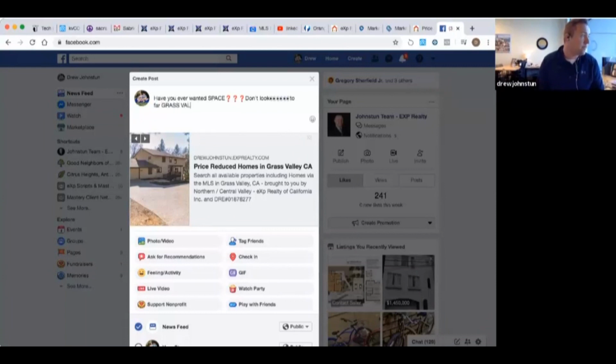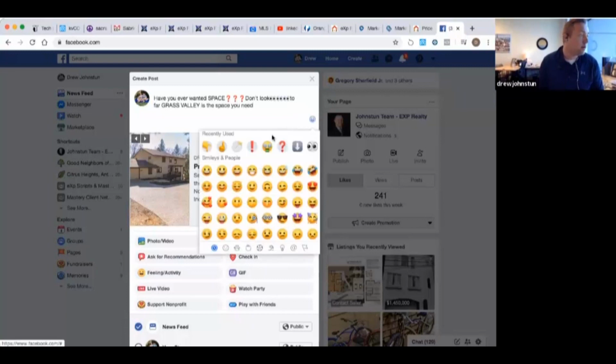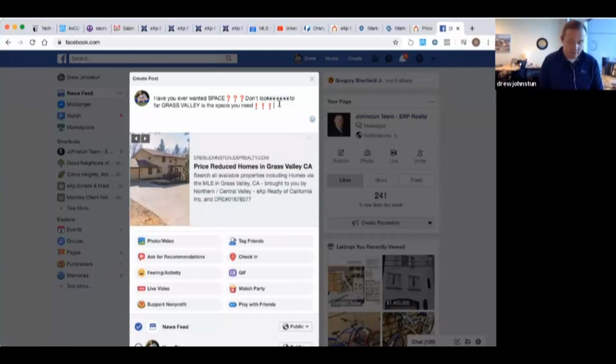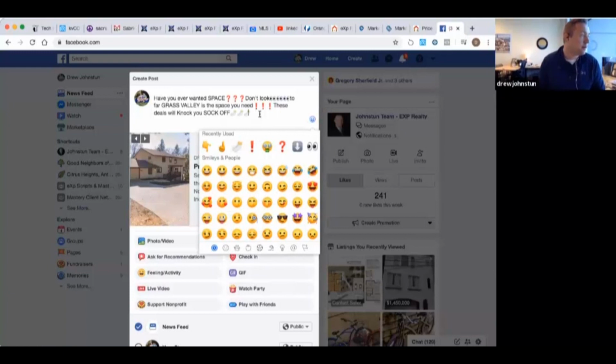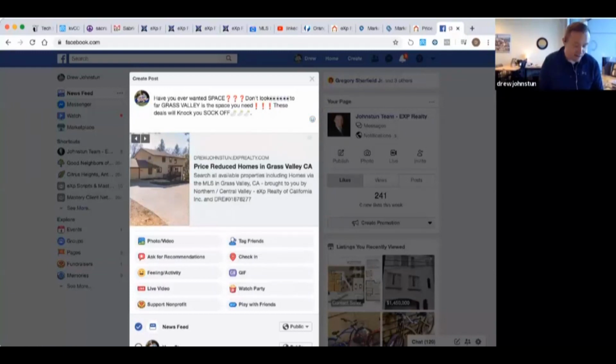Grass Valley is the space you need. Then we'll get our emojis. These deals will knock your socks off. There we go. We got to throw on my socks. I hope these deals are still there.